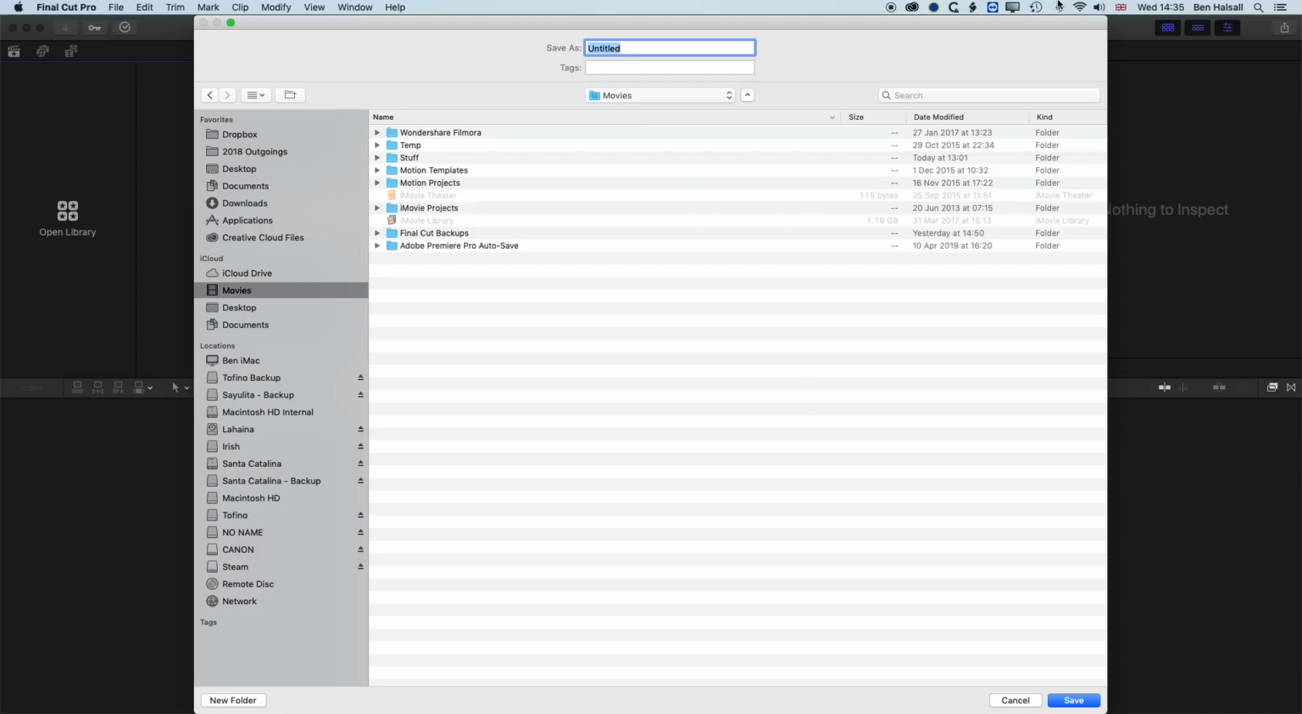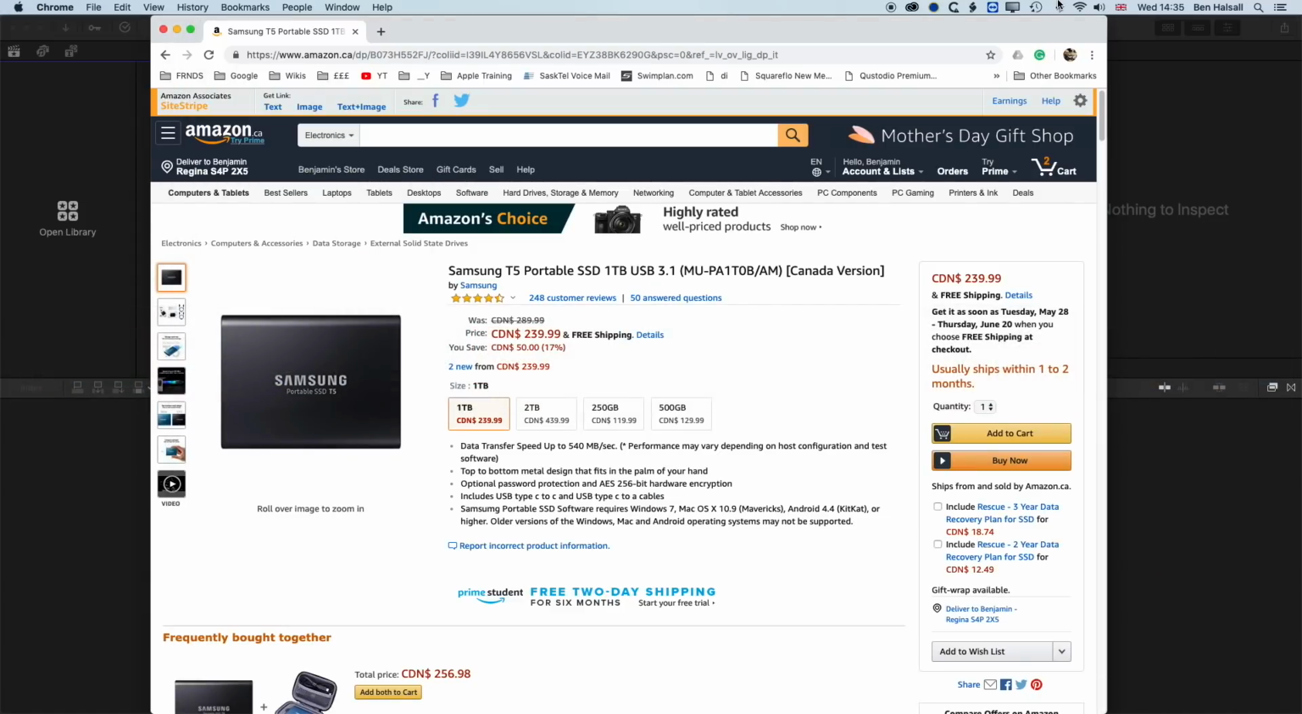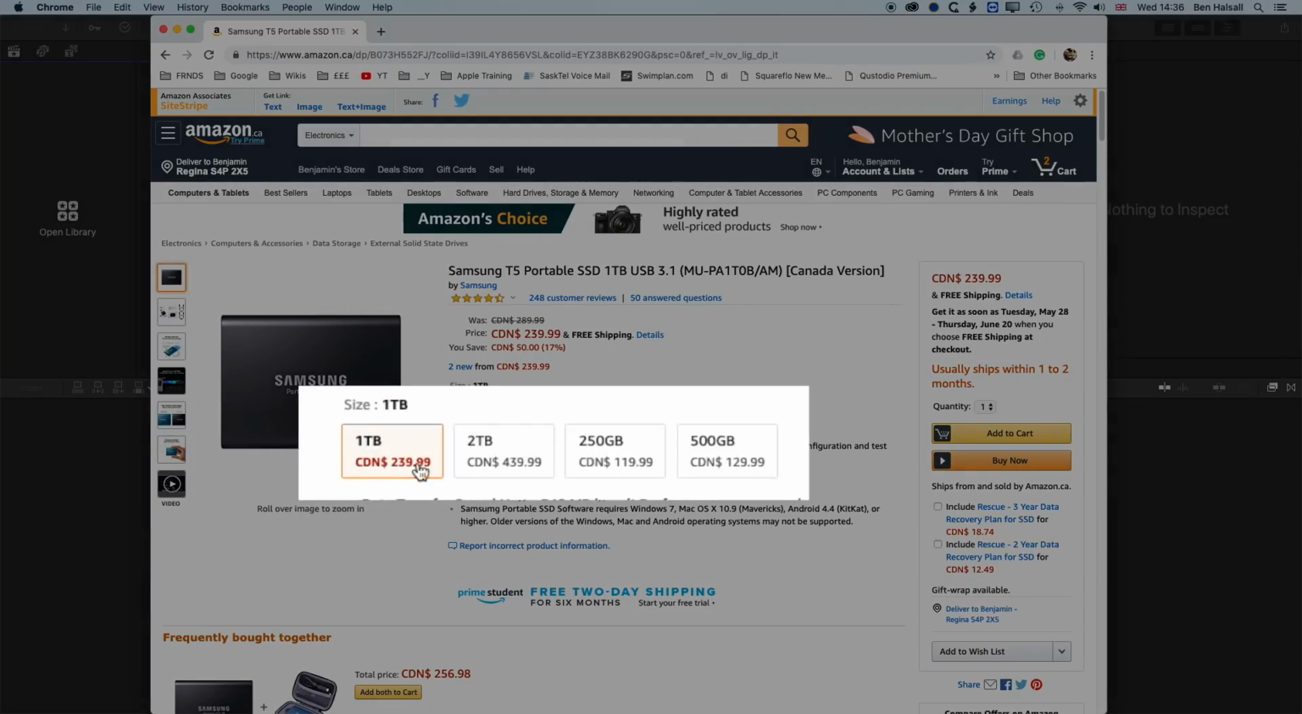So if you're looking for an external solid state drive that is portable, that will also work with USB and USB-C, then these Samsung T5 portable solid state drives are a good place to start. And you can see the price obviously increases as you buy more space, but I would normally go for a 1 terabyte or a 2 terabyte